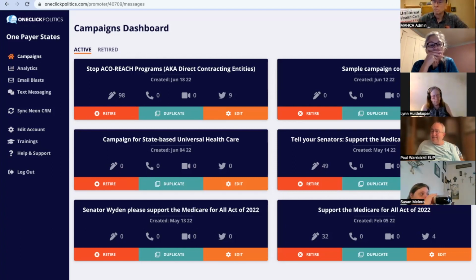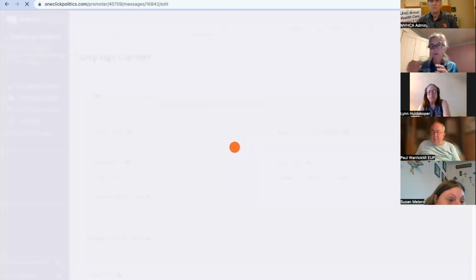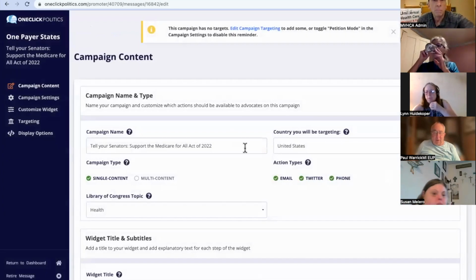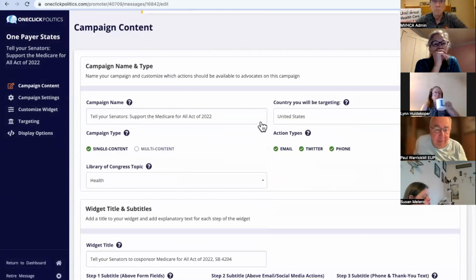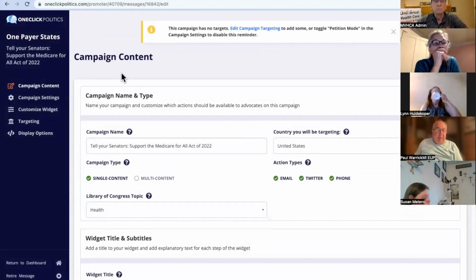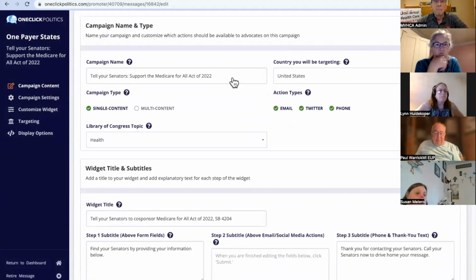So our hope is to give you an overview, to explain how it works. And really, it's not that hard once you get through it and you look back and say, oh, okay, I get it now. So we're going to open up one that we're working on, that was worked on before. And in one-click politics, you create your campaign,